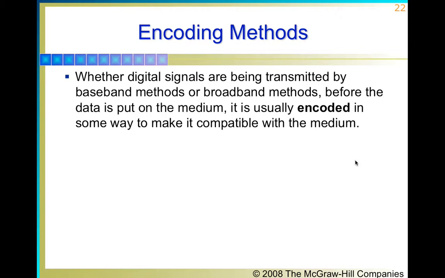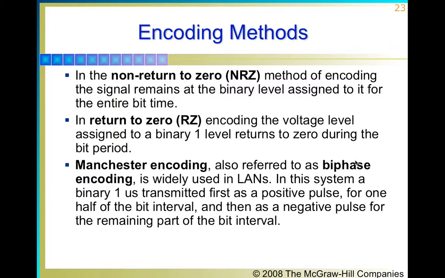So if we have digital data, and then we transform that digital data into digital signals, we have to convert those signals into a way which is suitable for the medium. If a medium is to communicate baseband or broadband digital signals, the signals have to be encoded in a way which is compatible with the medium, and we have many kinds of digital encoding methods, but the most popular are mentioned over here.